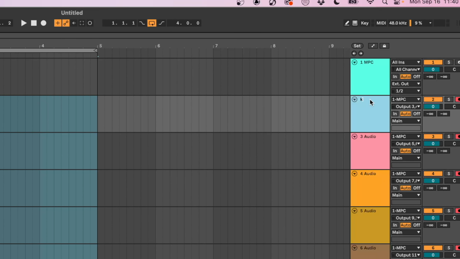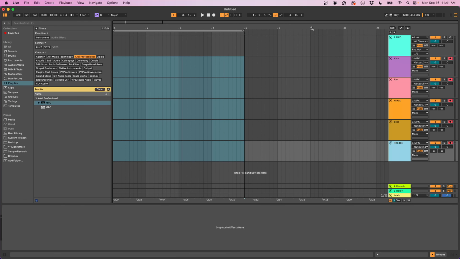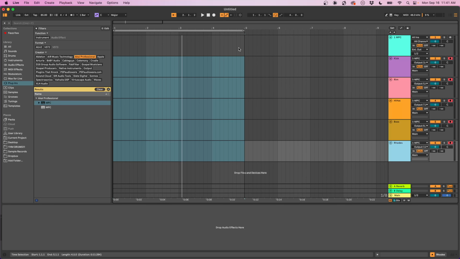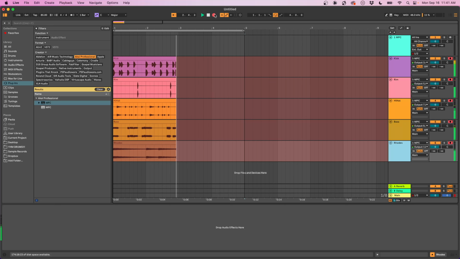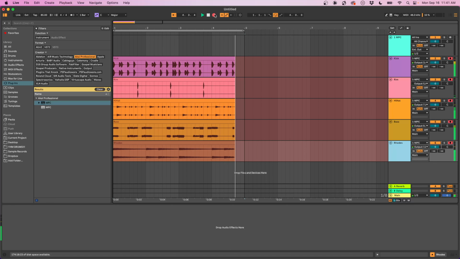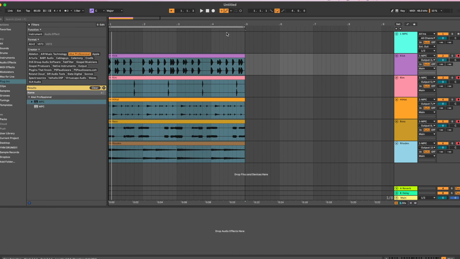So this could be our kick. This is going to be our rim, hi-hat, and bass, and Rhodes. Perfect. Now what we can do is record this into Ableton or resample it in. So we're going to go ahead and record all of these simultaneously. Here we go. Excellent. So now that we have it,